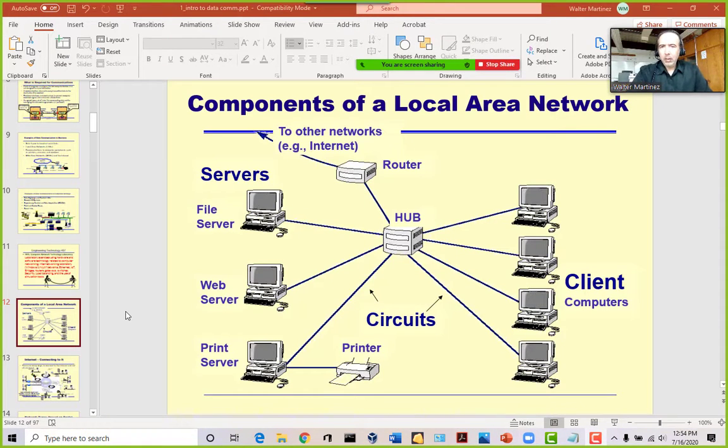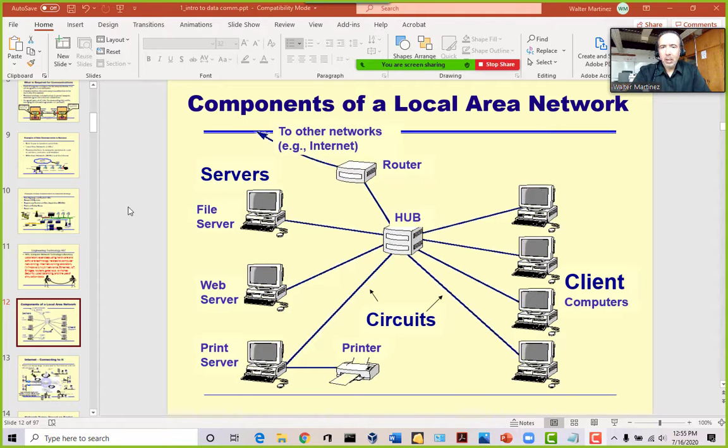So let's talk about local area networks. And this is the basics of computer communication. This is looking at it from a top view. In a typical network, we will have servers that could include Windows or Linux servers.